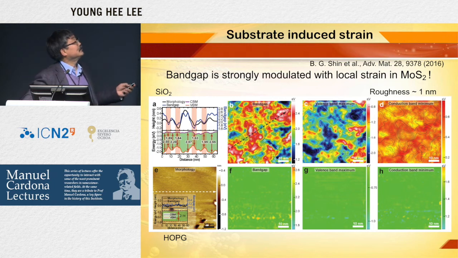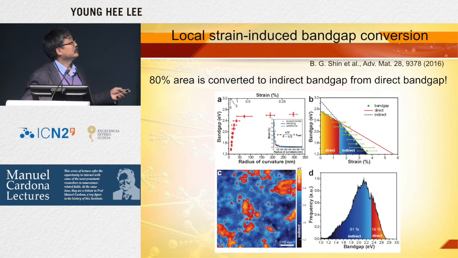So again, coming back to this, there's MoS2 on silicon. We do observe this phenomenon, and because of this local strain, you can see the band gap is modulated, puddled everywhere in the sample. If you do that on HOPG, of course, we don't observe that. So the local strain is also very important to play with this band gap engineering. And you can actually see this band gap modulation with this radius of curvature,